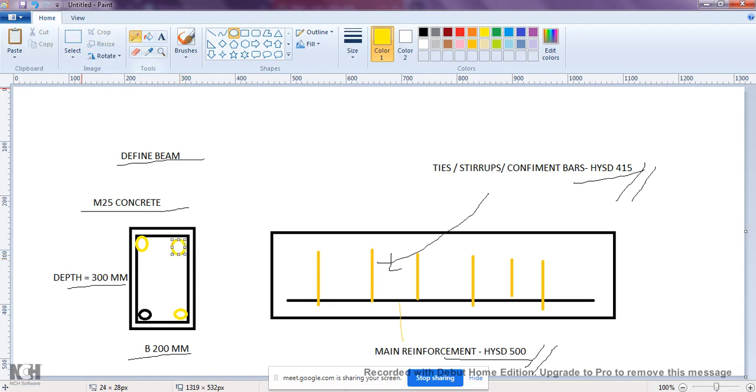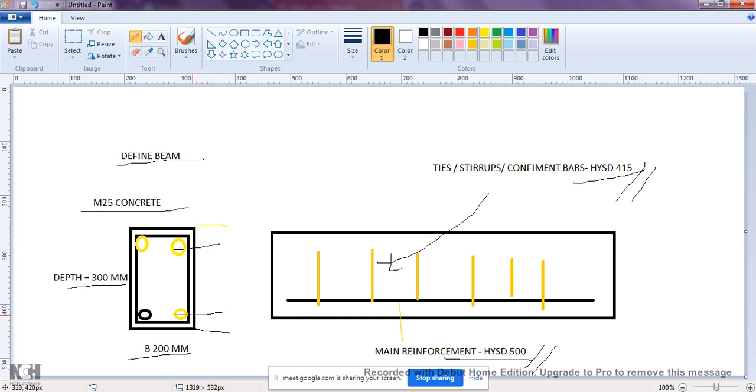The software is asking what is the distance from the outermost fiber to the center of the top bar. What is that distance we have to give, as well as it is also asking from the bottom fiber to the middle of the bottom rod that I am showing.